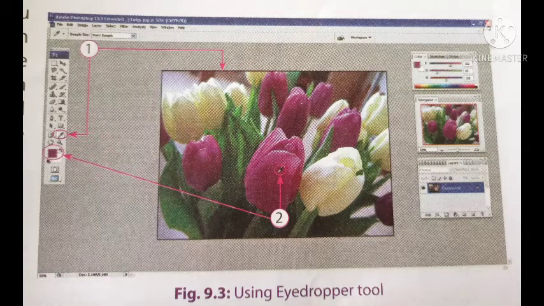Then place the eyedropper tool over the required color of the image and click on it. That color becomes the new foreground color. Now you can paint the other areas of this image or another image with this color using a painting tool.